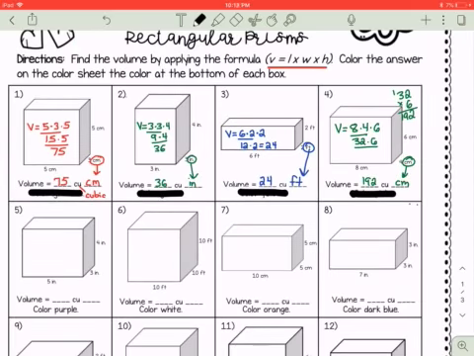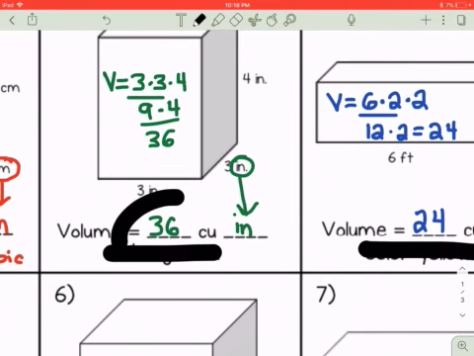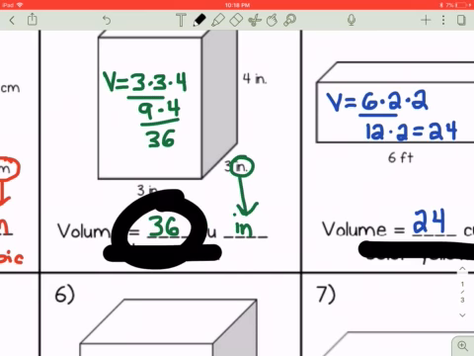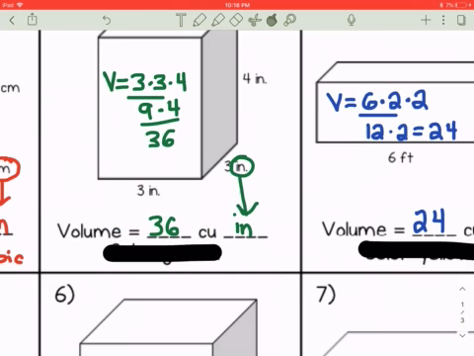So there are the first 4 problems for you. Make sure you do the additional 12 problems after this. Show your work like I did. And also include both. You need to make sure you have both the volume answer and the unit. If not, you will lose points. You have to have both of those in order to receive full credit. Okay? If you guys have any questions of this, don't hesitate